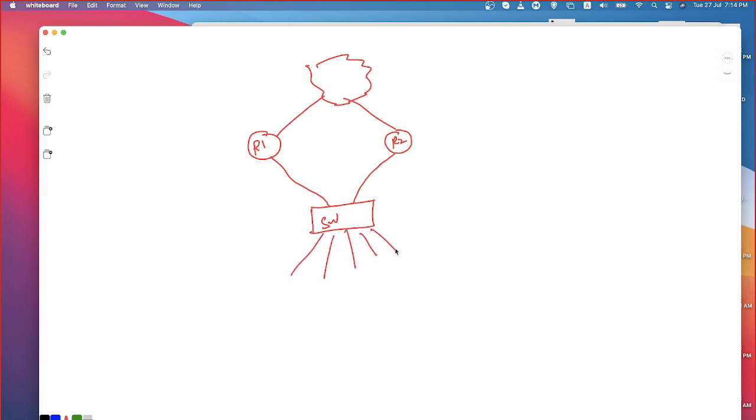So I have router 1. I also have router 2. And this is connected to my public network or anywhere. It could be anywhere. Now on the downstream, I have a switch, and router 1 is connecting to the switch. Router 2 is also connecting to the switch. And behind the scene, I have so many PCs connected.